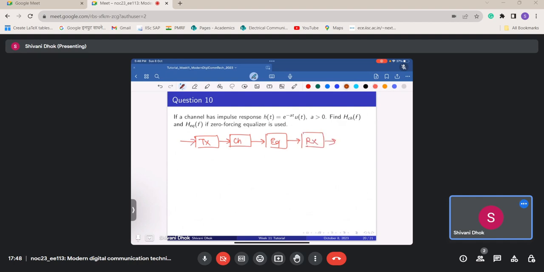And we know that this transmitter and receiver are basically resulting in raised cosine. So it means that I want raised cosine here,